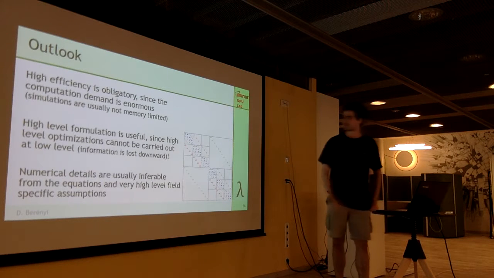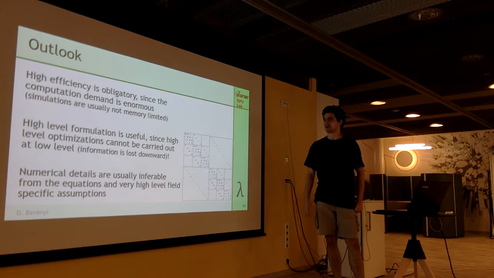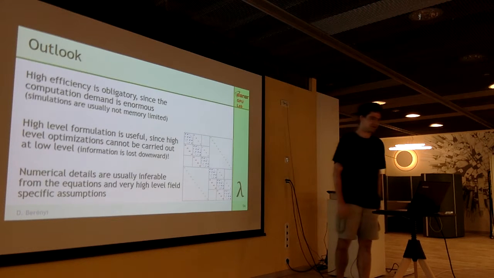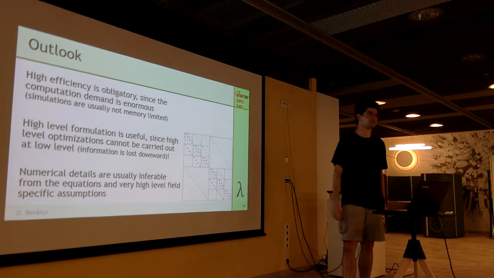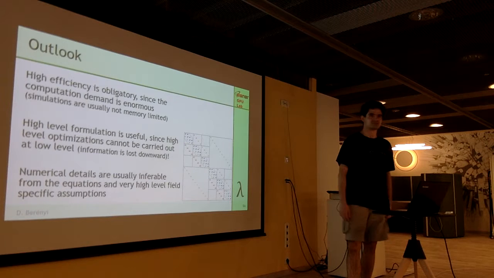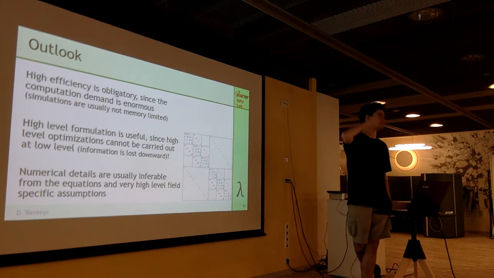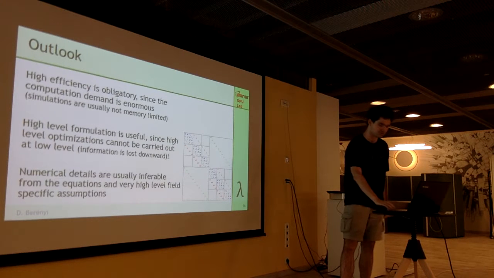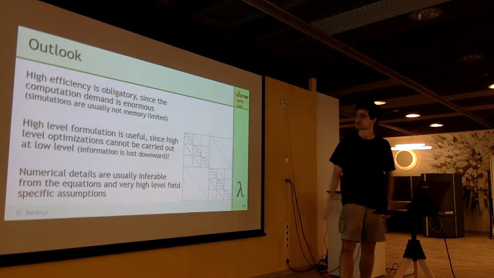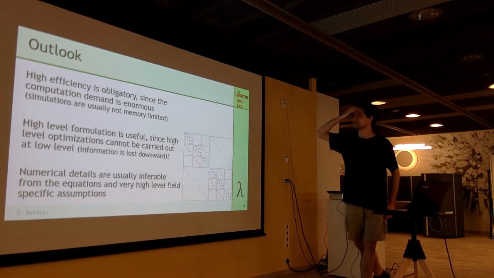But we really, on the other hand, need the high-level formulation because some high-level optimizations cannot be carried out at the instruction level or low level or LLVM level or whatever you are using, because you simply lost the context that you were doing some crazy mathematical operation that has a certain structure that you should exploit. It is completely lost when you are going down to the lower representations. So that's why multiple steps are needed.